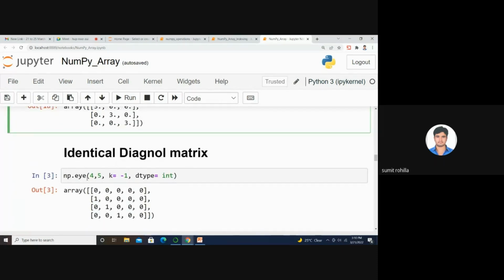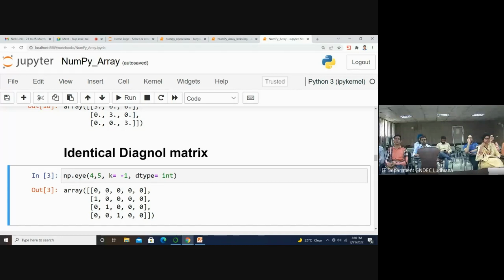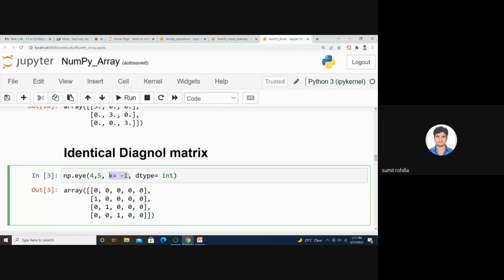There is one more operation you can perform. If you have a matrix of 4 by 4, then you will have multiple diagonals. Okay, this is the third parameter, k. If you give -1, then it will assign 1 below the diagonal. This is the main diagonal. You can follow with my cursor. This is the main diagonal, and we give the value k equal to -1. So it will put 1 below the